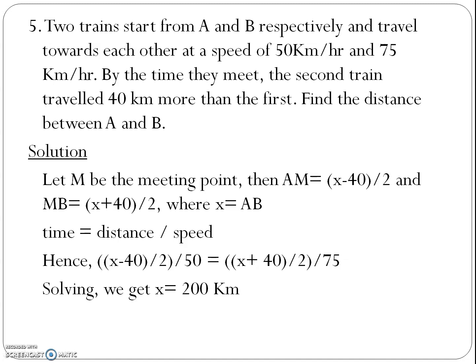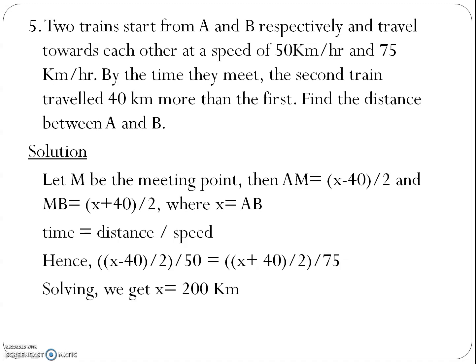Find the distance between A and B. The starting points of the two trains are A and B. They move in opposite directions and meet at the point M. We shall assume that the distance between the points A and B is x, that is, x equal to AB. Therefore, since M is the meeting point,